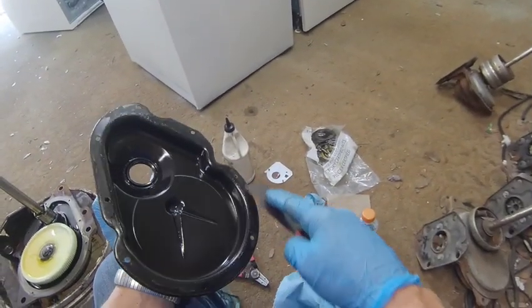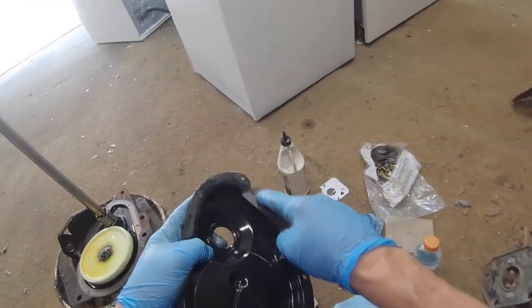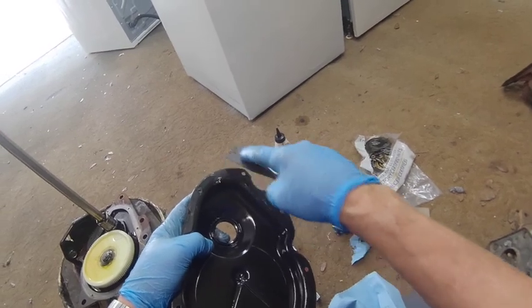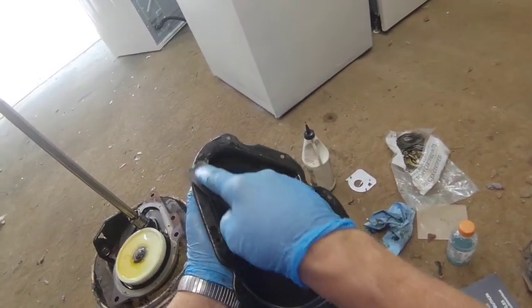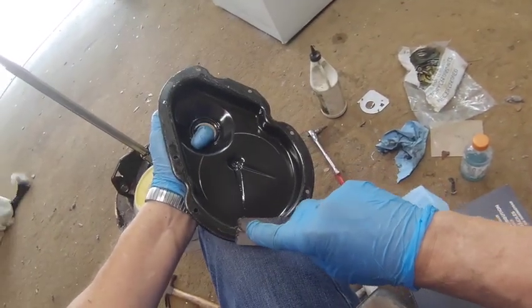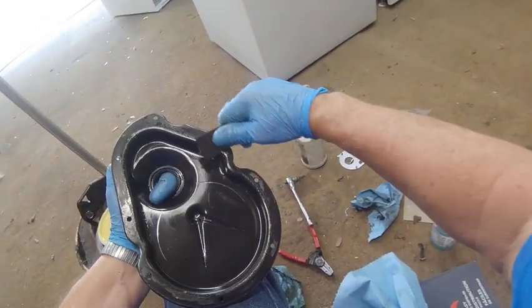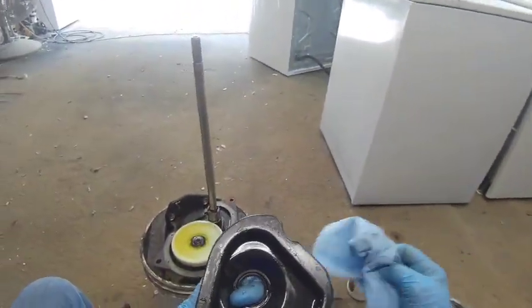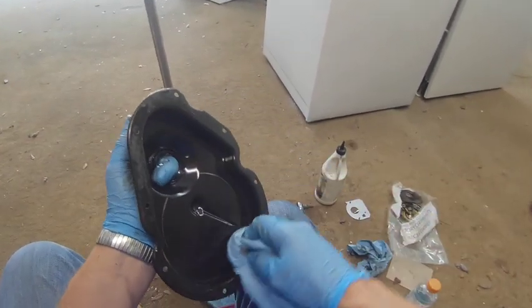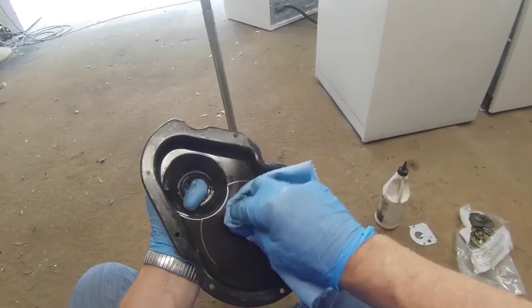And we'll take our putty knife again and make sure we have all anything on here that may prevent it from sealing. There's some old sealant on there, not very much. Most of it stayed on the transmission. Yeah, I believe that's going to be it. And you're going to need a bunch of paper towels or shop rags. Very good. Now we're going to apply our sealant